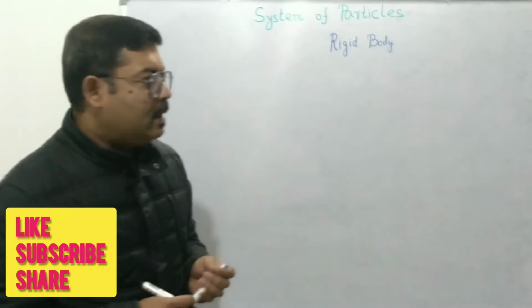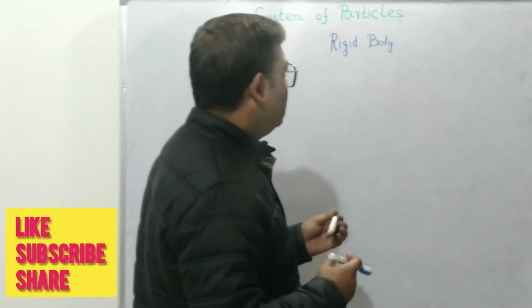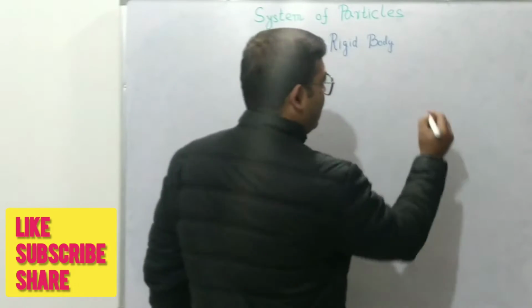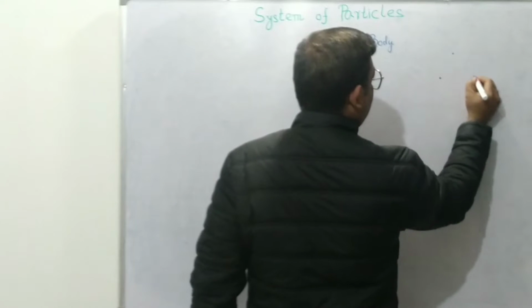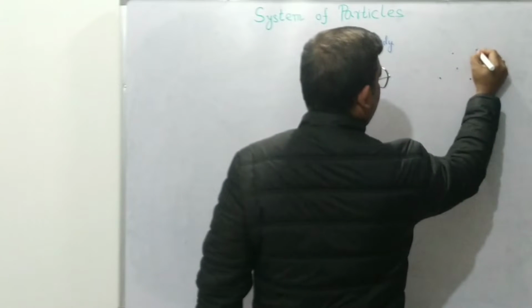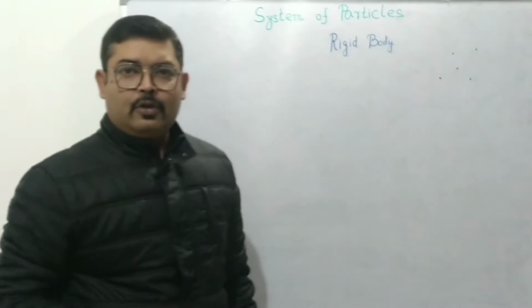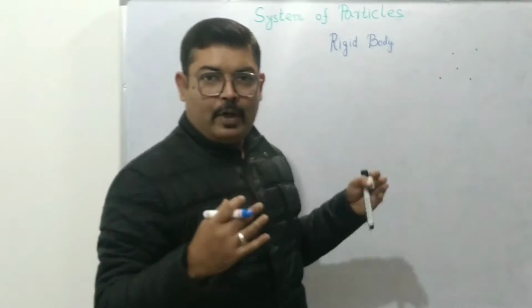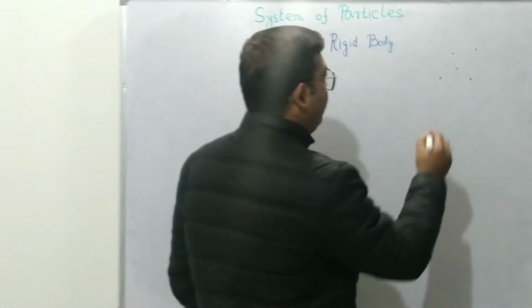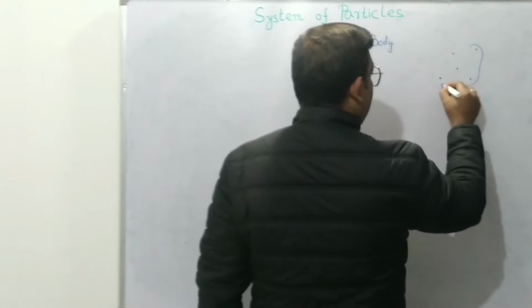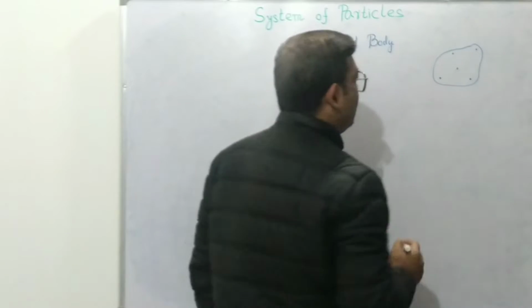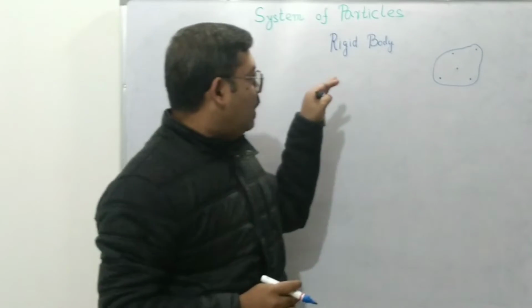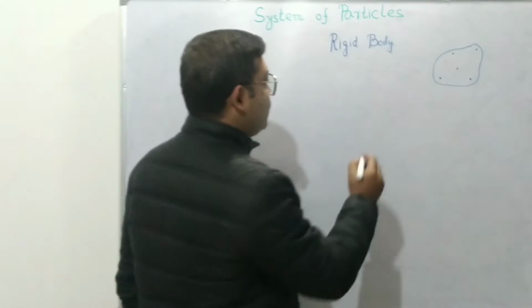What we mean is that, let's say we have a system of particles, say this 1, 2, 3, 4, 5, right? So this system of particles, these particles interact with each other with their internal forces. And if the entire system is acted upon by some external force, say F external,